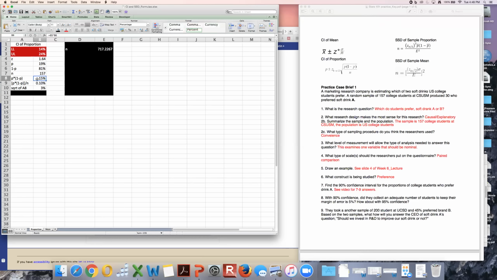So some of these values will auto-calculate because look, I've built the equations, right? P times 1 minus P, that's what's required here. And I said that you need to take that P times 1 minus P over N, and that's what I've done here. And then last, I've said you need to take the square root of that whole function, and look, there's the square root there, and that's what I've done here. But then lastly, it says then I have to take my original proportion and plus it to that whole equation, and then minus it from that whole equation. So you'll see that this is minusing my 19%